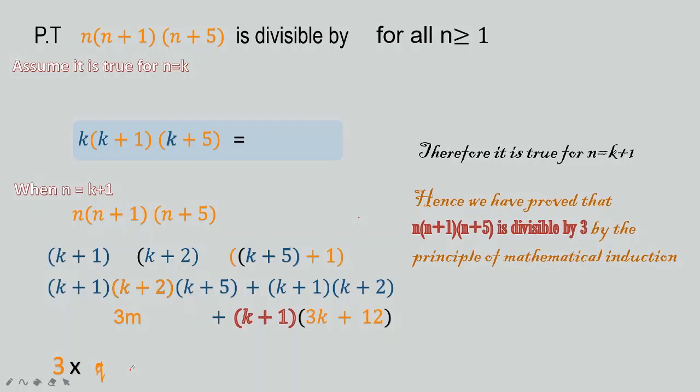One is the first case that is possible, that is n is equal to 1. We saw that it is true. We assumed n is equal to k, it is true. And that assumption we used to prove n is equal to k plus 1. So we saw that that is also true. So this is how we use the